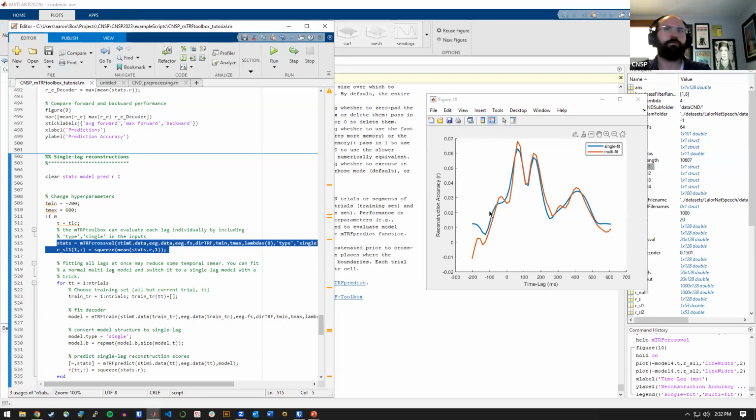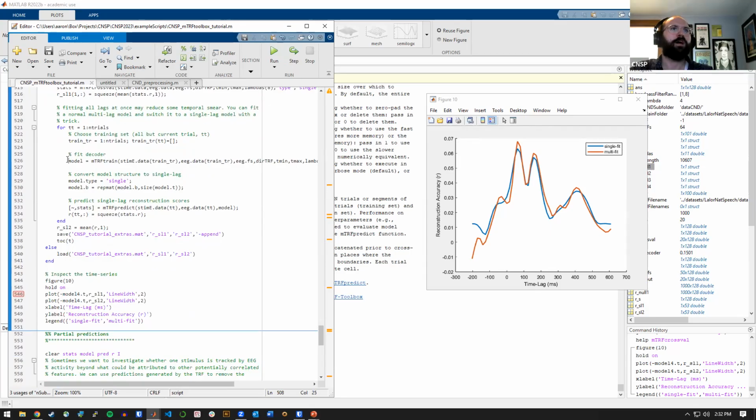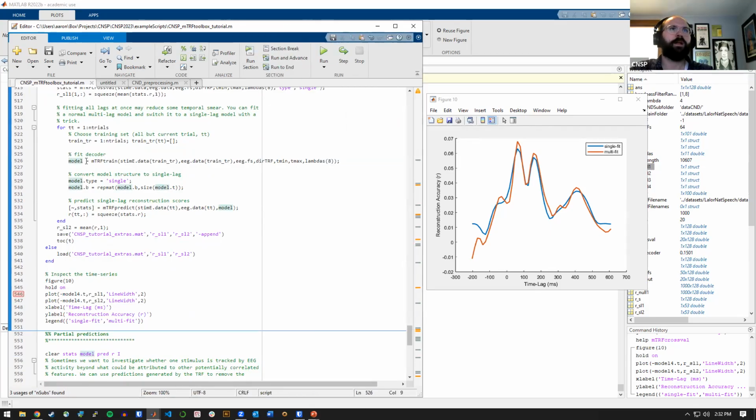And sometimes we want to be able to see if they are temporal smearing or something else. So I have this little trick that I do with the mTRF toolbox, where I will fit a regular multi-lag model, and then I will convert it to a single lag model by changing these two variables,